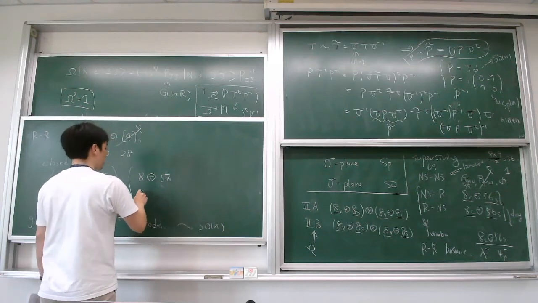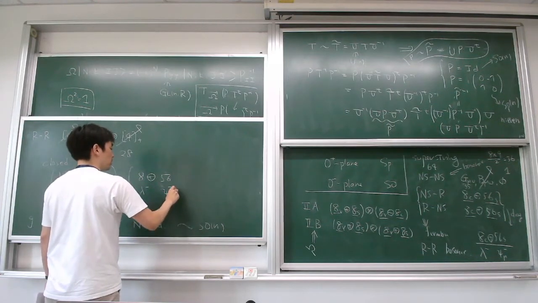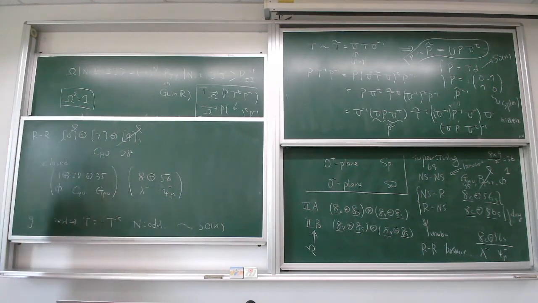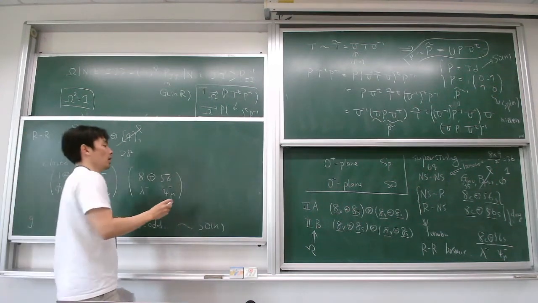56, and then lambda minus, and psi minus mu. These are fermionic for closed string. And open string,